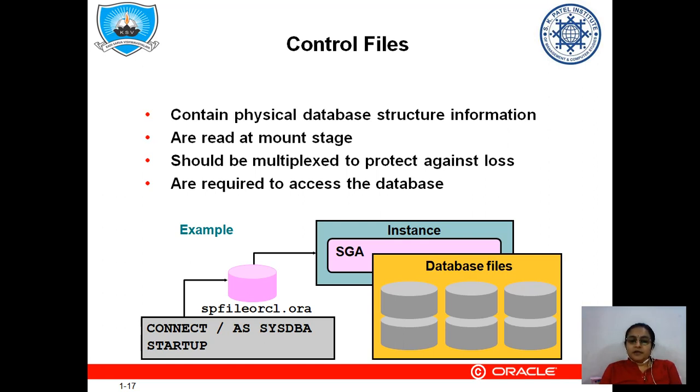These are important, as you can see that as soon as we connect to the database using the connect password and initiate the startup process, it immediately checks for the server parameter file, that is the spfile, orcl.ora, or init.ora. Init.ora will create the instance in memory, and the instance will come along with the storage device mapping into memory. So the control file is very important. If it exists, then only the database instance gets created, otherwise not.